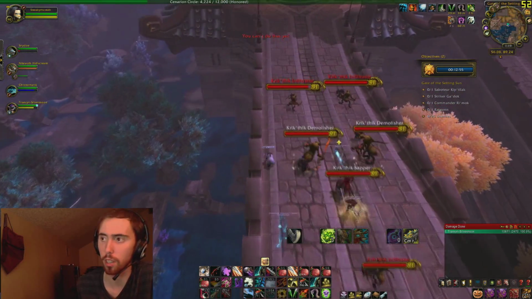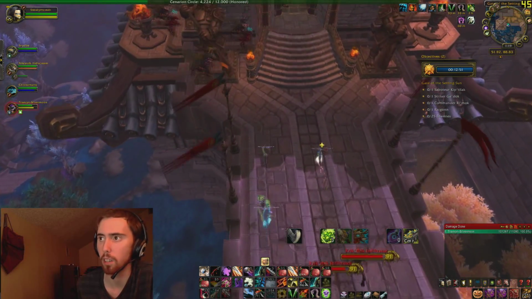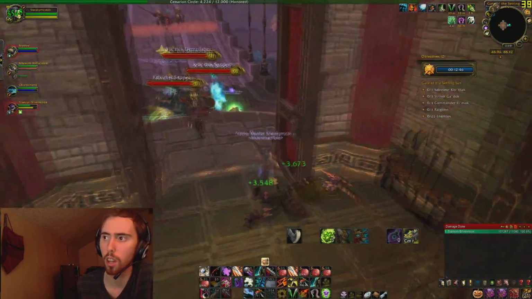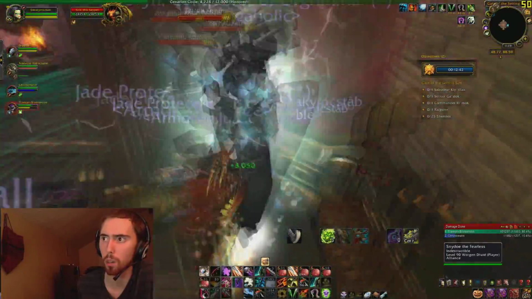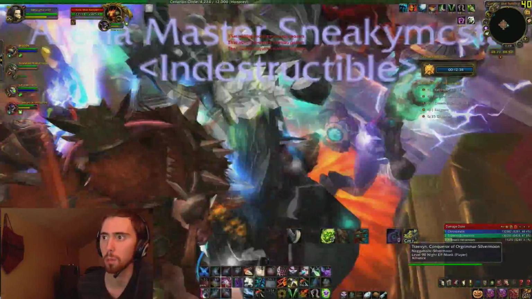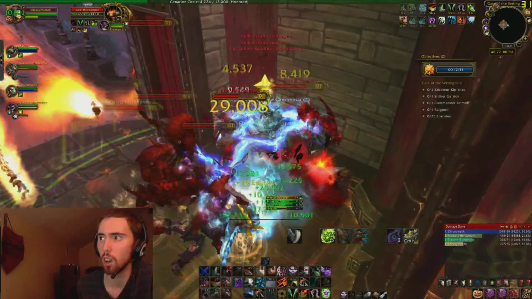Everybody should be running on the side of the bridge here, so they don't aggro anything. And you pull everything. Now you can either pull everything up to the edge right there, right next to that brazier, and do it like that. And the way we've always done it is we just pull it right up into this cubby hole, and we get right in this cubby hole, and we just pretty much unleash hell on them,